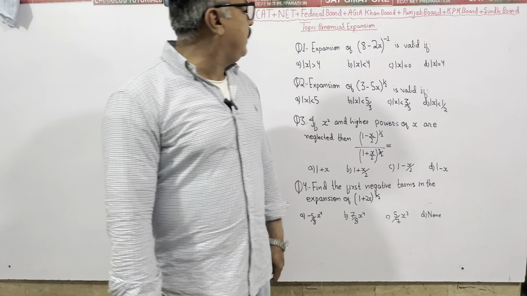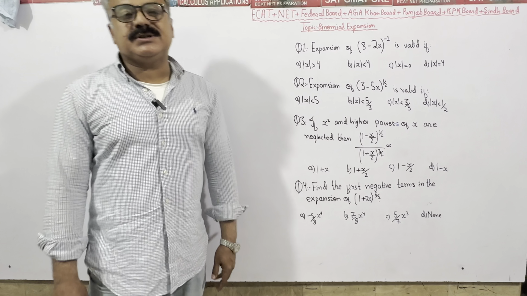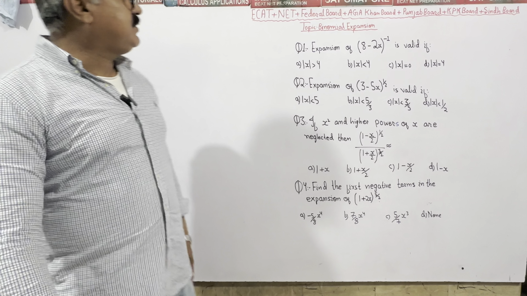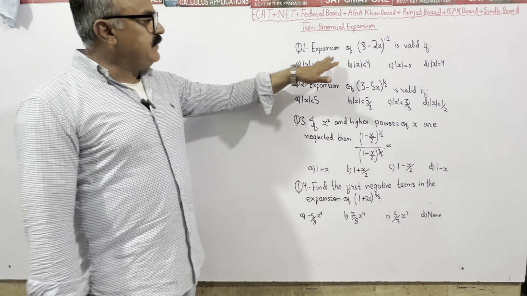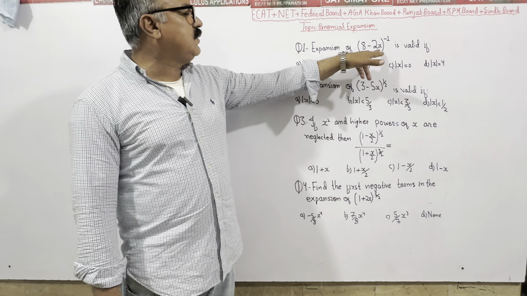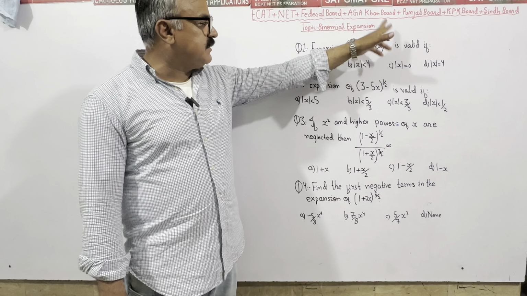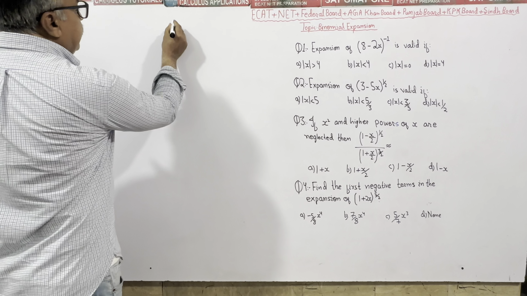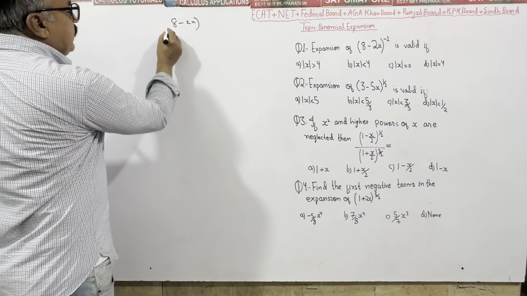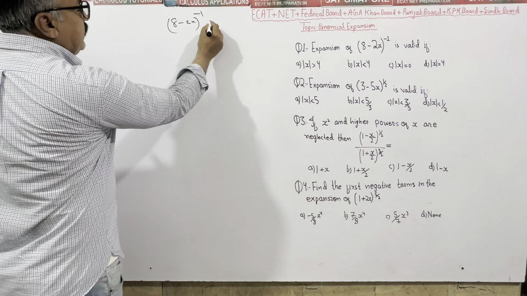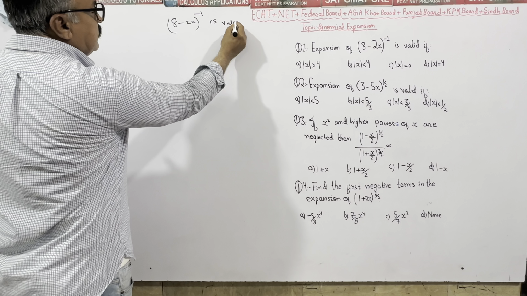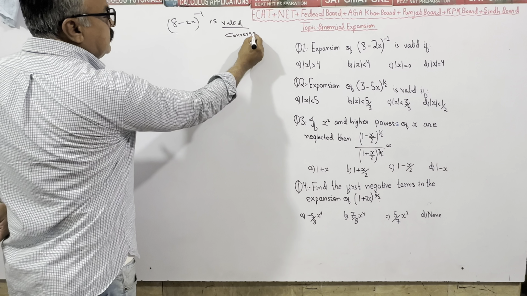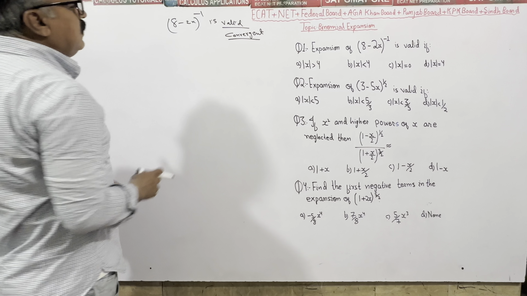Today our topic is binomial expansion. Questions related to binomial expansion. Question number 1 reads: the expansion of (8 minus 2x) raised to the power minus 1 is valid for what value of x? Valid also means convergent. What should be the value of x